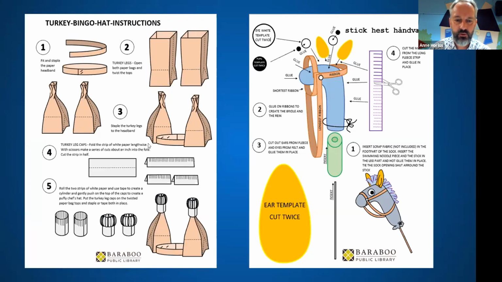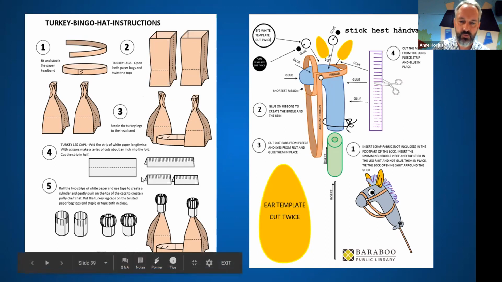So here's a couple samples that I did in Word. On the left side, you see the turkey head bingo. For the turkey bingo that I showed you earlier, you are not able to play the game if you don't wear a turkey hat. So for our virtual turkey bingo, we handed out the supplies to make a turkey hat,